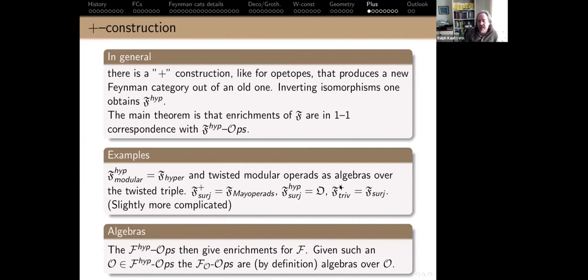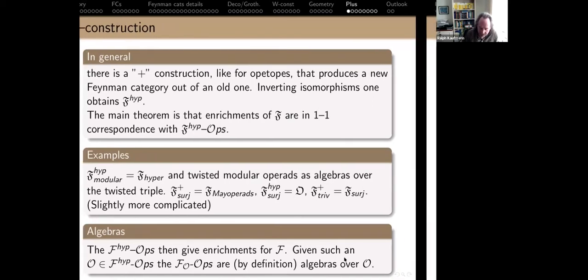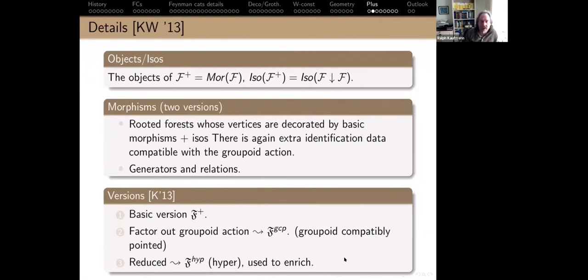And if I start at the trivial level, I basically get surjections, and this will be algebras and modules. So the point is, how do I get algebras? I already explained that a little bit. If I start with a functor from the top guy, then I can enrich the original guy, and functors out of that will then be algebras. And I think the next slide makes that a little bit more detailed.